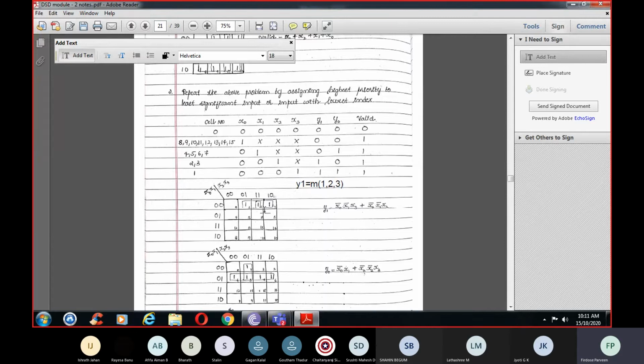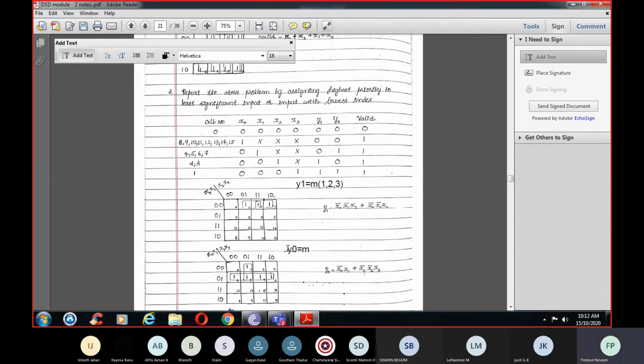And I'll make the groups and I'll write the expression for y1, as we have discussed these things in the first module. Okay. So where it is 1 for y1, it is at cell number 2, 3 and 1. See here, where it is 1, here it is 1. To which cell number? It is cell number 1. So what will you be writing? 1, 2, 3.